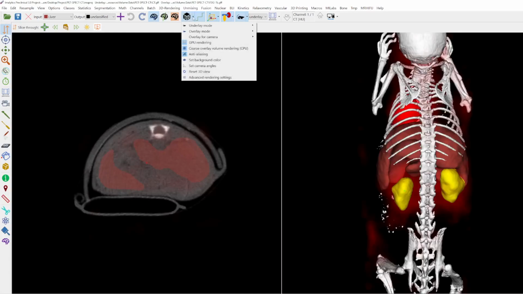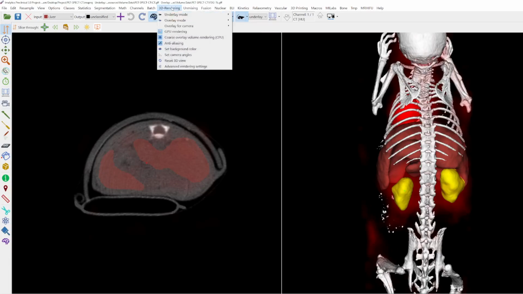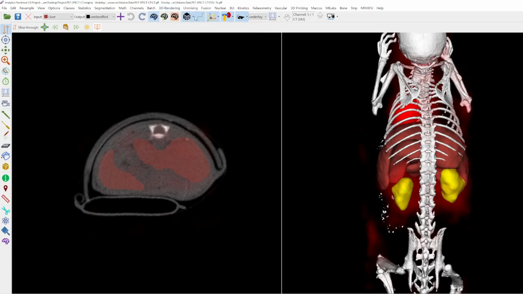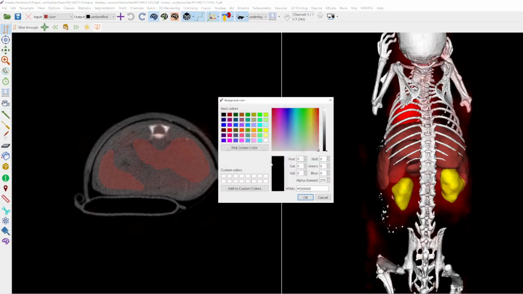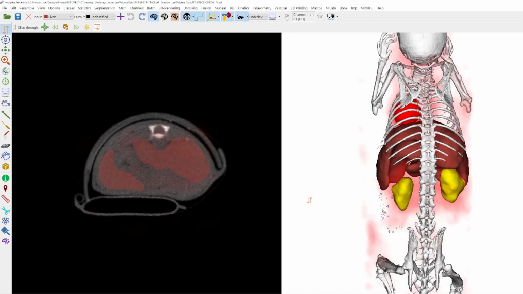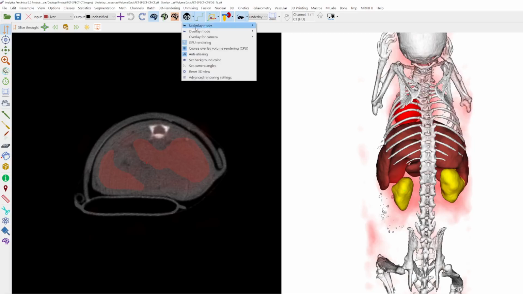And as you see, there is a special menu item for the 3D rendering. You can also find it here under 3D rendering, but it's also here. And you can, for example, set the background color to white, but I will go back to black.